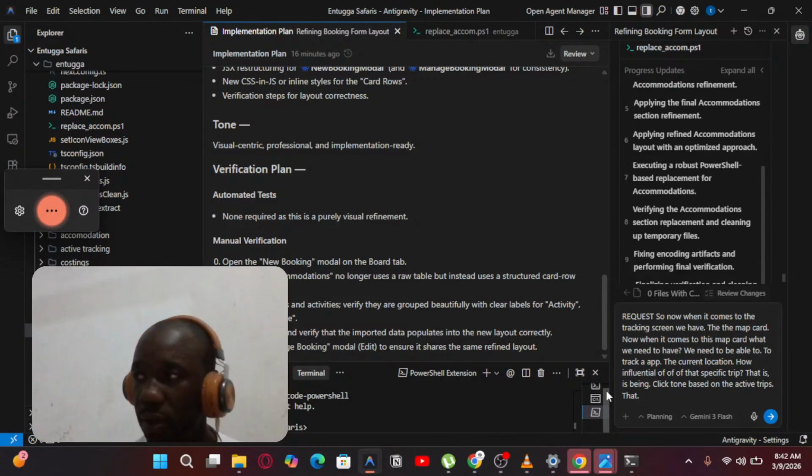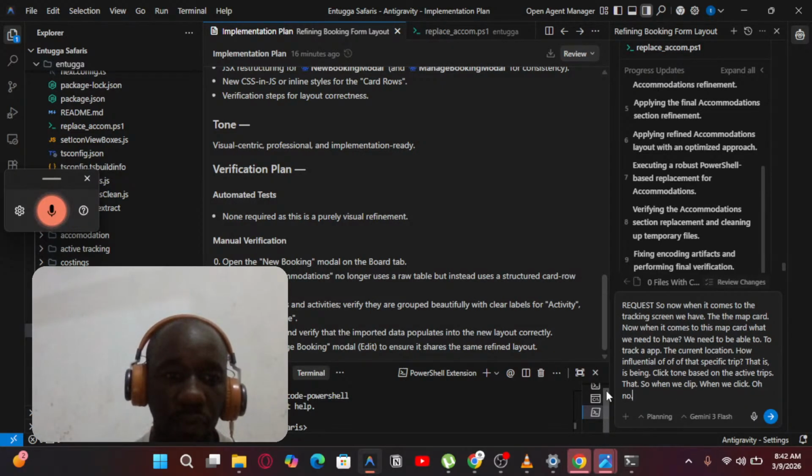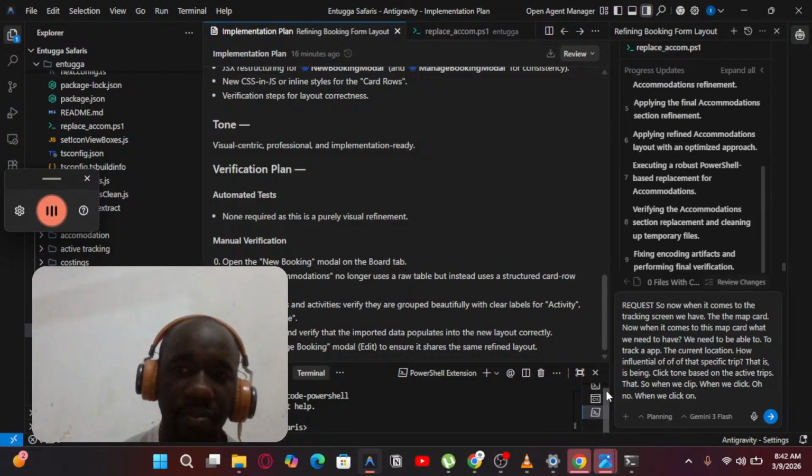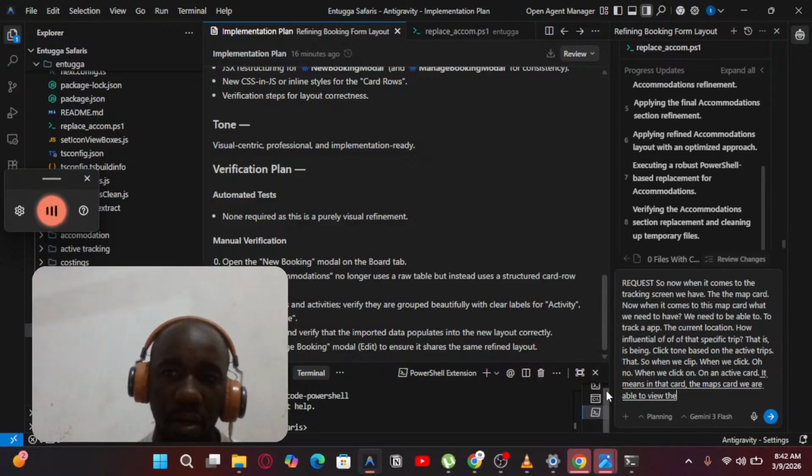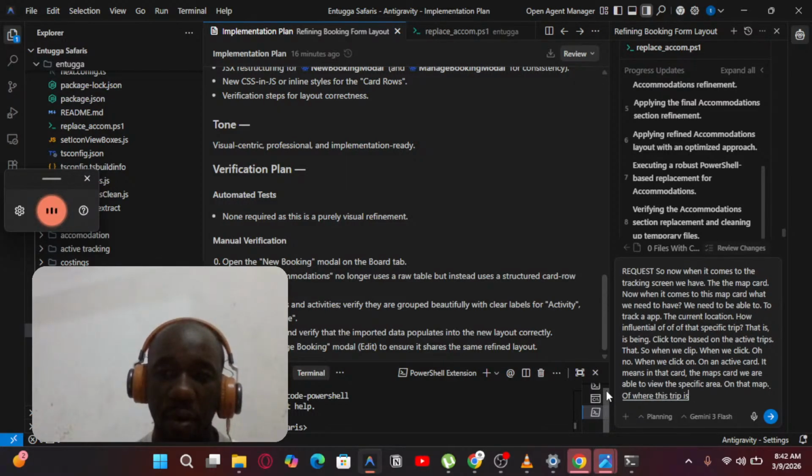So when we click on an active card, it means in that card, the maps card, we are able to view the specific area on that map